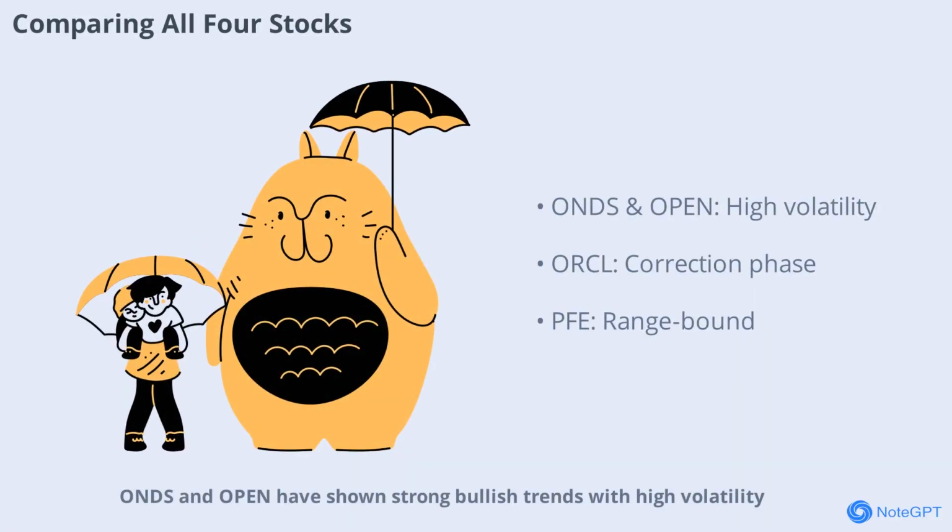Let's take a step back and compare all 4 stocks. ONDS and OPEN have shown strong bullish trends with high volatility, making them attractive for aggressive traders. ORCL has a solid long-term uptrend but is currently in a correction phase, while PFE is range-bound with a slightly bearish bias. Each stock presents unique opportunities and risks, so it's important to match your strategy to your risk tolerance